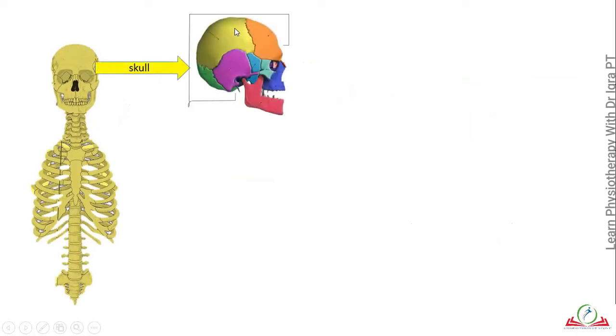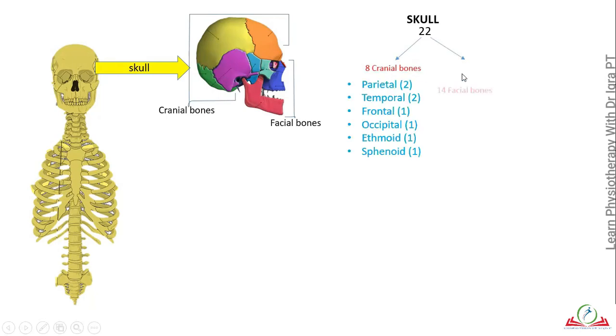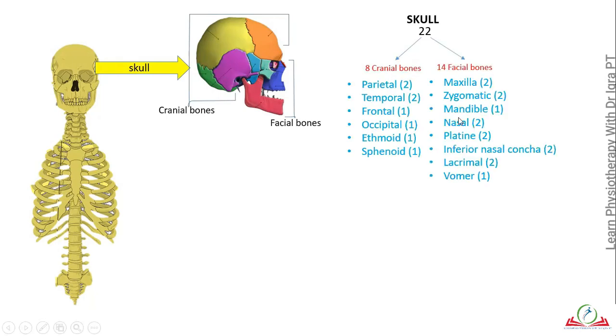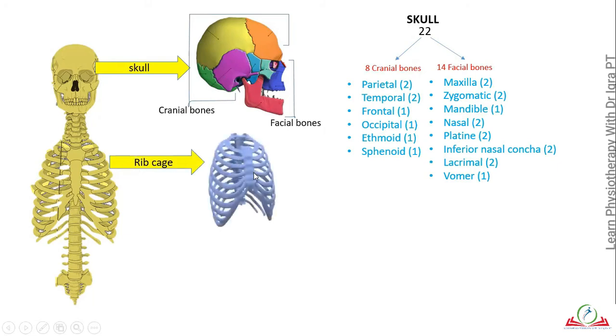In the axial skeleton, the skull consists of cranial bones and the facial bones. There are a total of 22 bones in the skull, of which 8 are the cranial bones and 14 are the facial bones. The rib cage consists of the sternum